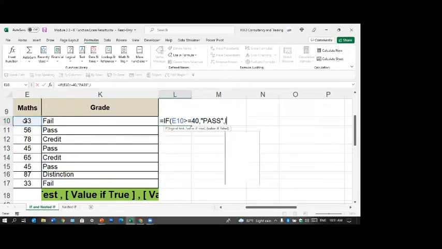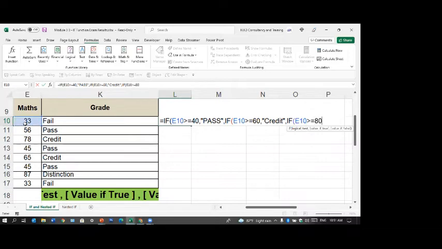Otherwise, again you check if this is greater than or equal 60, then credit. See the difference what happens. I'll explain why it happens. If open bracket, this is greater than or equal 80, then distinction. Otherwise, fail.